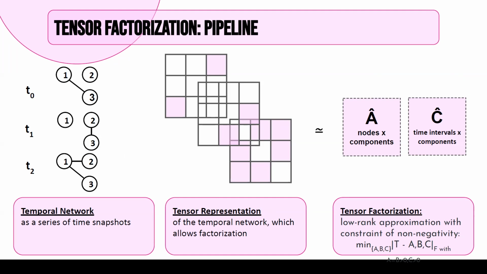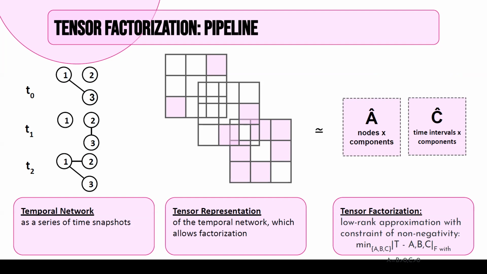And what we did with that is using a low rank approximation, so keeping the dimensionality of the final representation very compact, and with a constraint on the elements of these two matrices that compose the final representation of temporal networks,